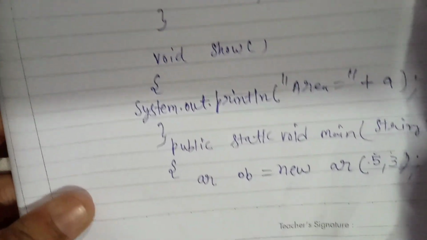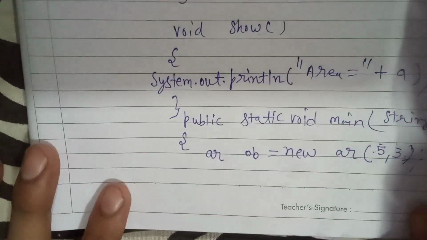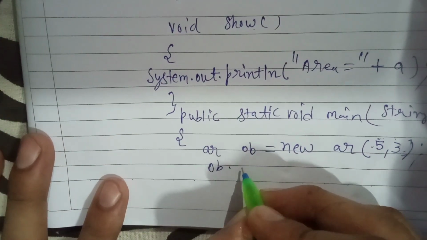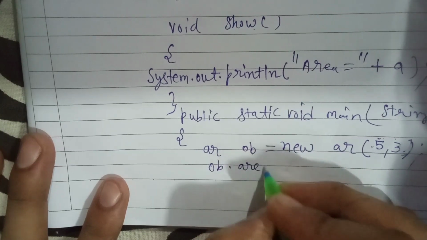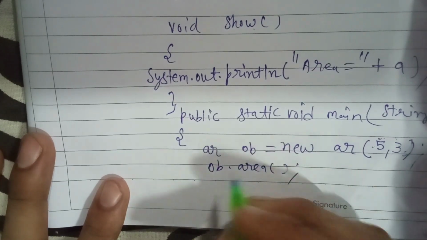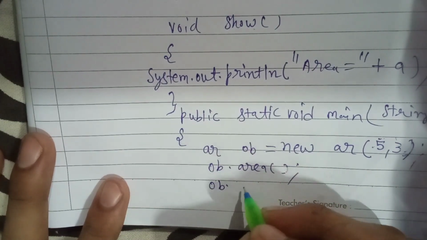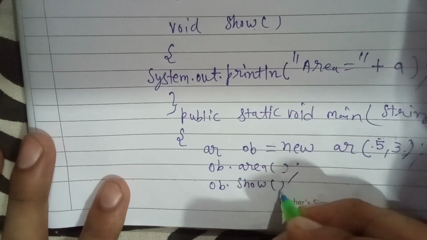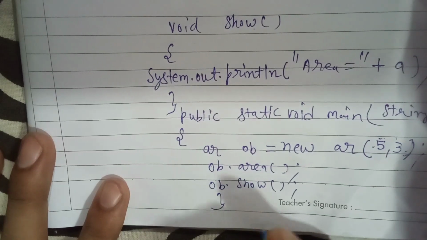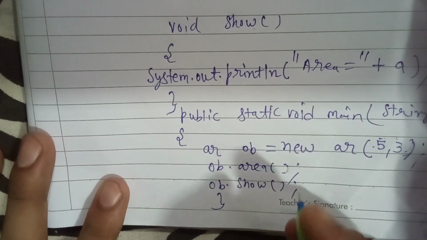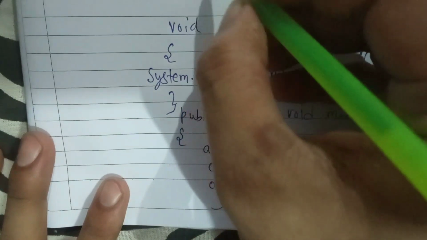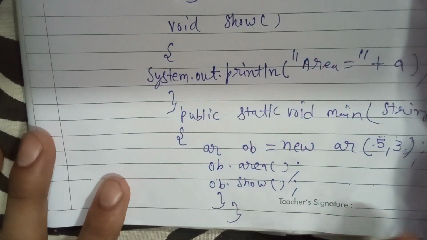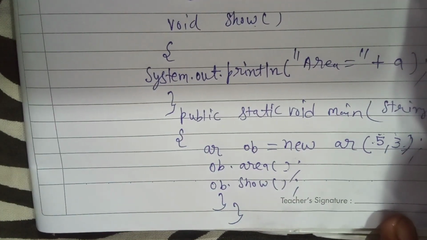Then we have to write a statement for calculation and display. Okay, so I'm writing here object name dot method name. What is the name of the method? Area. No argument, simply call it. Then write here ob dot, what is the name of the display method? That is show. Done. Now we are closing the main function. Class will not be closed here, this is a method, class will be closed at last. So we have completed this program.